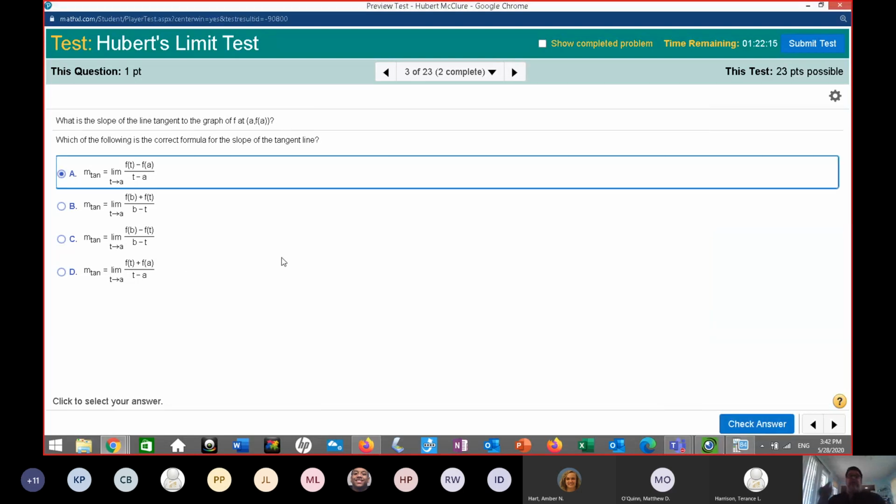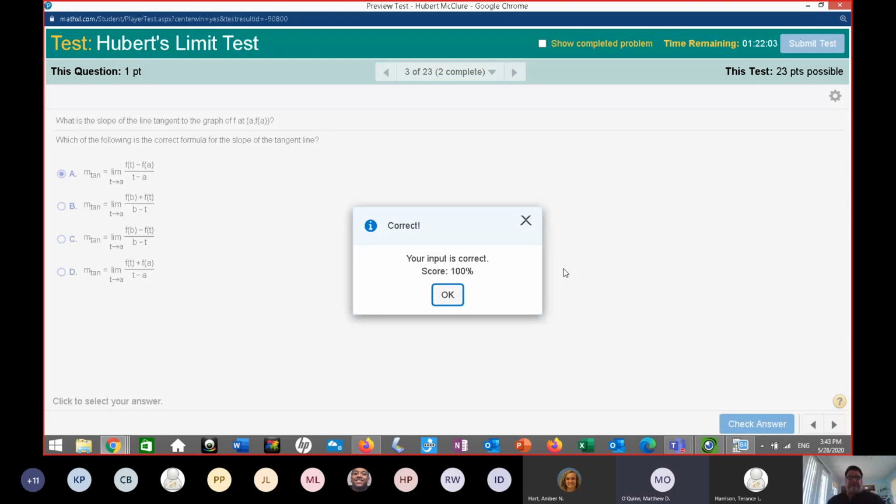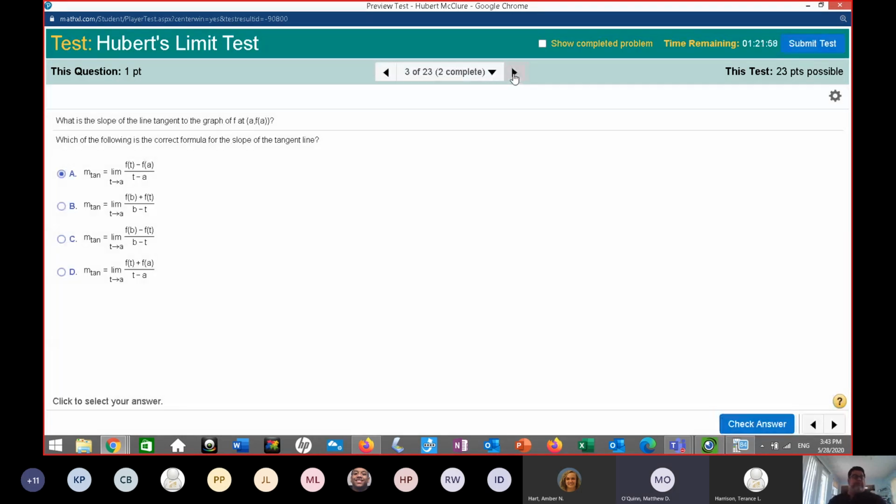And we covered that with the difference quotient. We covered it yesterday with one of your homework questions, and we covered it today. So you should be able to get that one on the test. Golly, this ain't hard so far. 1/2. Next.